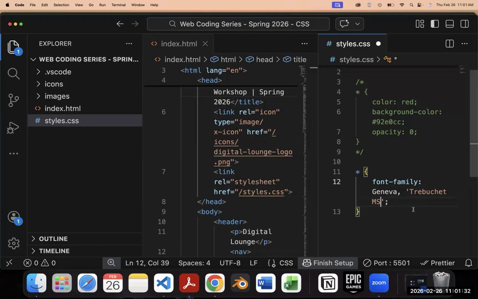And this makes sure that the word Trebuchet and the letters MS are kind of put together. And then now if I save and I go back to my website, I'm not going to see any changes because I do have Geneva on my computer. But someone who has a Windows computer that maybe doesn't have Geneva, but does have Trebuchet MS will see this